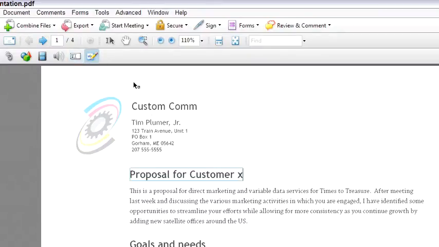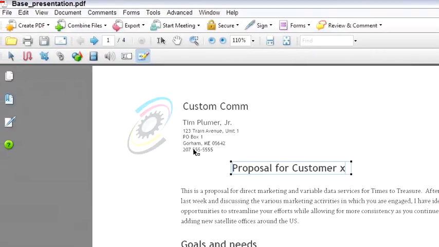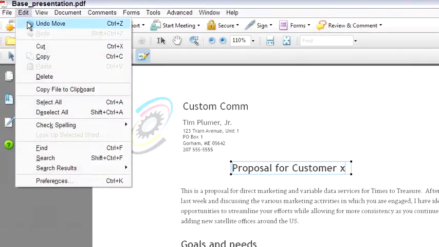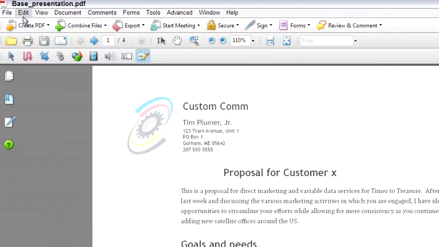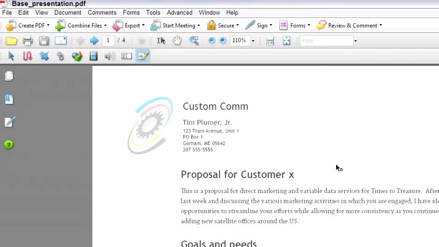Another thing that I can do with these text objects is treat them like graphics. With the Touch-Up Objects tool, I can click and move it around the page some, which can be handy if I need to touch something up or move the text around on the page a little bit. And again, if I move the text and I'm not happy with it, I can always come back to Edit, Undo Move,